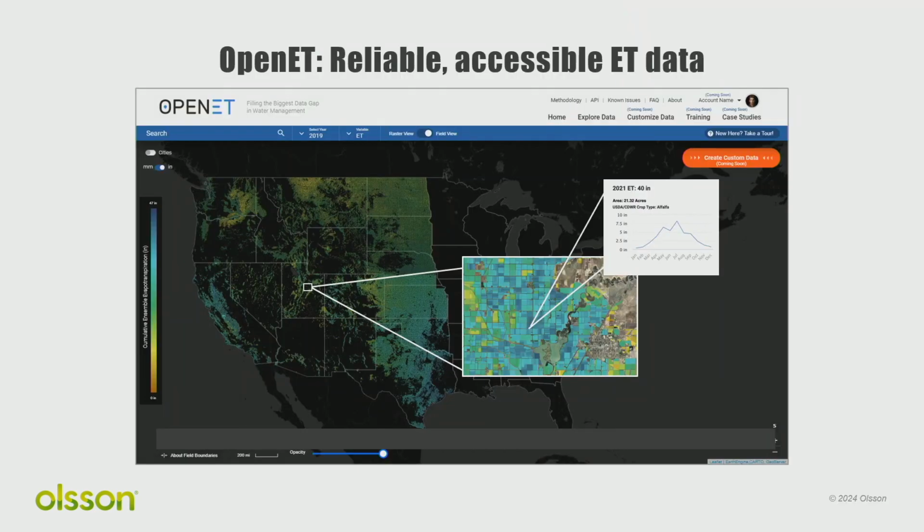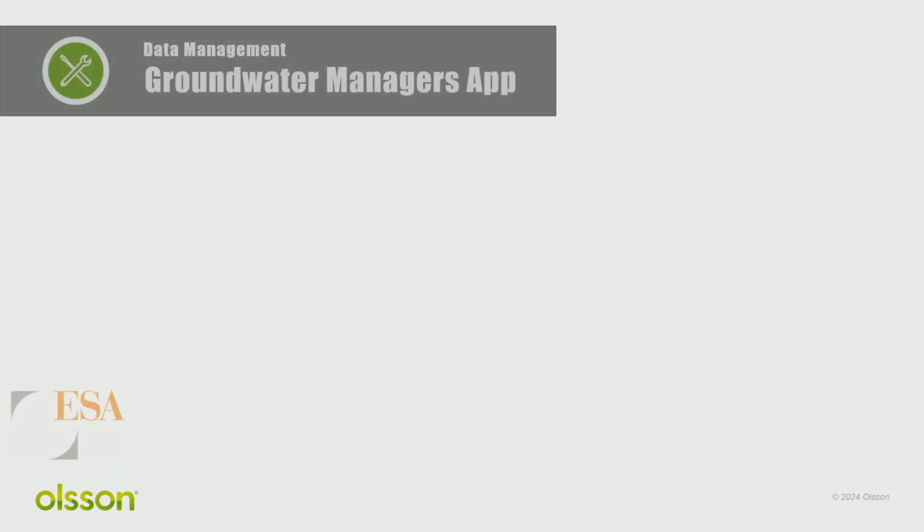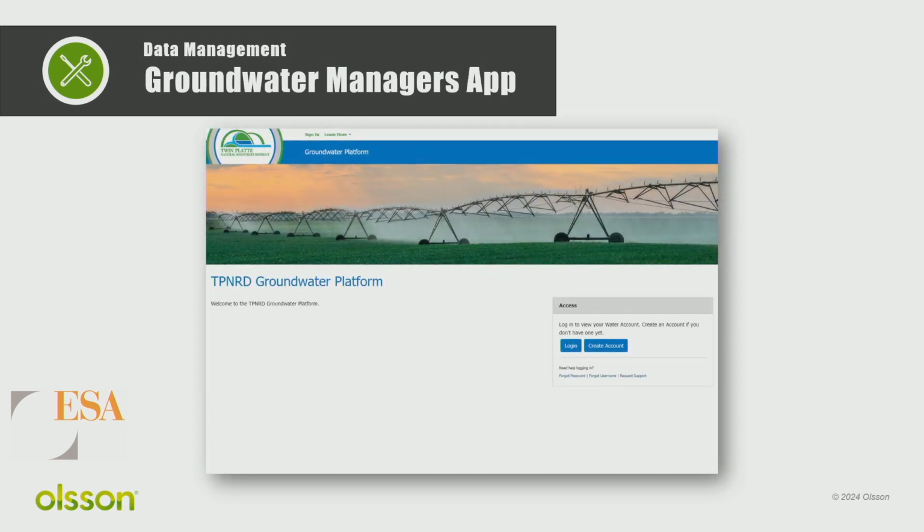And then, of course, we are partnering with OpenET, and we have pulled in data from back to 2010 and pulling it in monthly into the water manager's dashboard. I'll show you here next. So, as I said, ESA has helped us develop this platform. This is a separate platform, not for the grower, but for the manager. This platform is connected to the AgHub platform via API, and they exchange data every night.